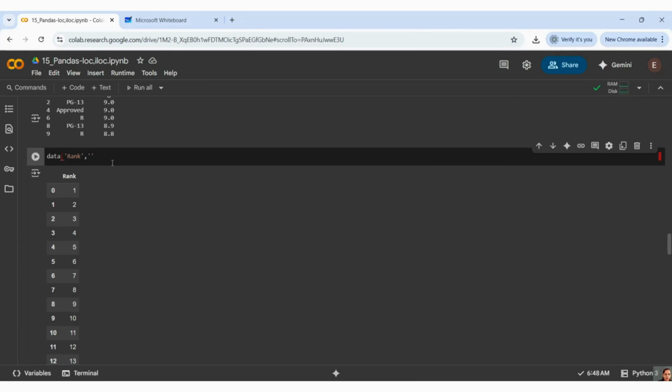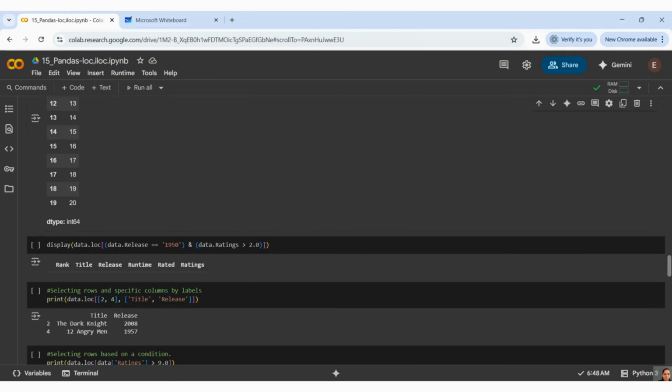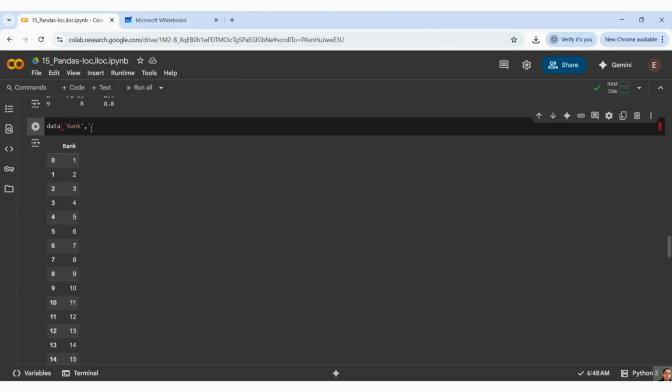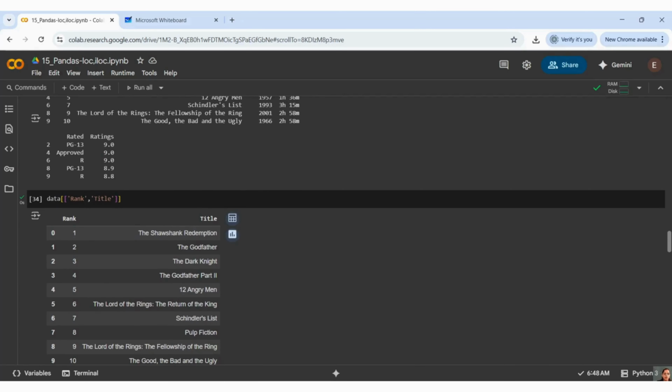Rank. And what is my another column? Let me take title. See, I'm able to get, right, rank and title. So this is how you can fetch particular columns and multiple columns at the same time.